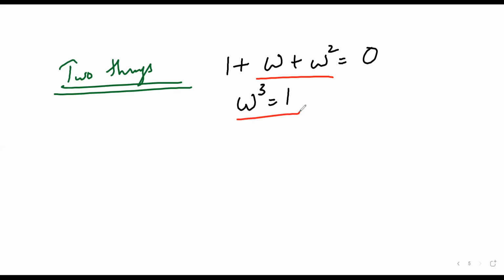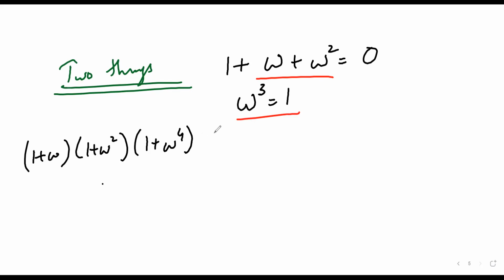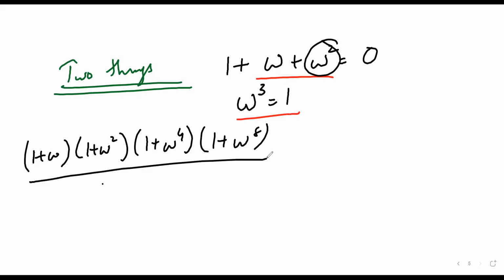So now I'll write down the question here. There is 1 plus omega into 1 plus omega square into 1 plus omega power 4 into 1 plus omega power 8. Okay, omega square value. So what will I proceed from this? I gave you two clues. Can any one of you apply this and let me know the answer fast, within 20-30 seconds?